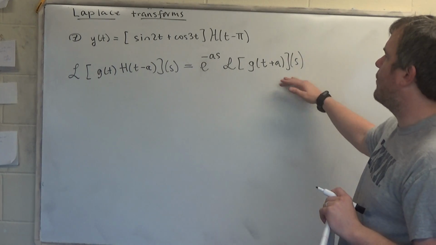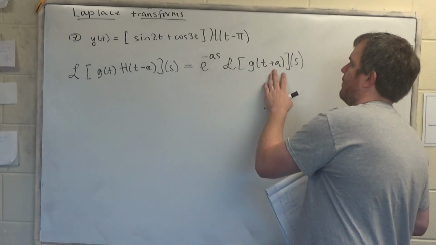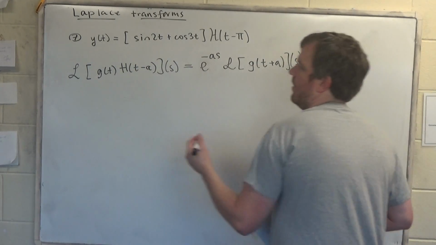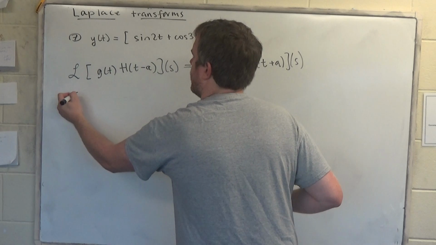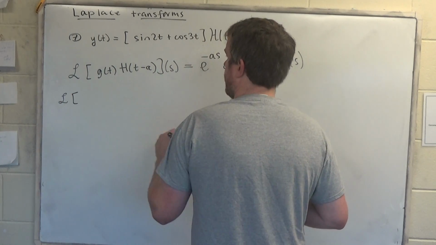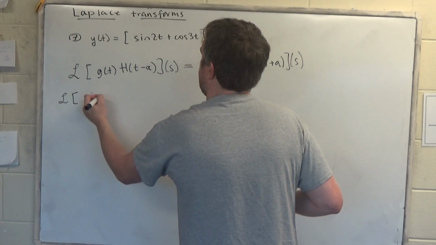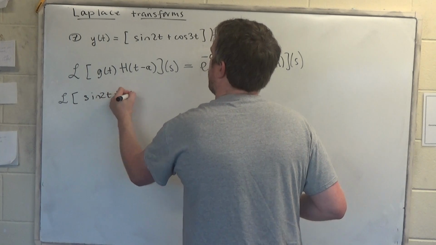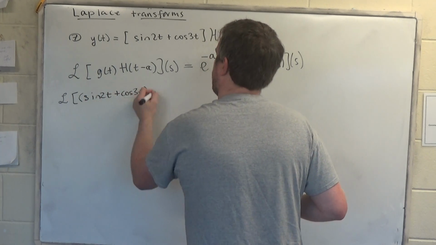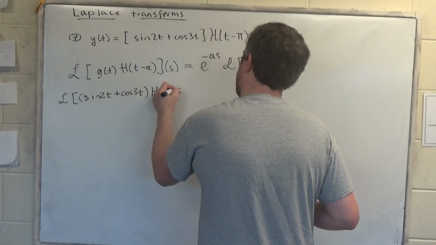Okay, so using this rule, we're going to have to figure out what g of t plus a is. So in our case, what we get is the Laplace transform of sine of 2t plus cosine 3t all times the Heaviside function of t minus pi